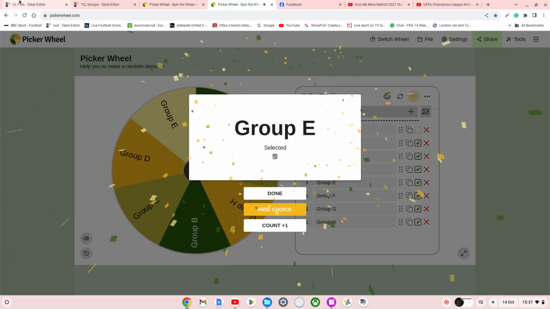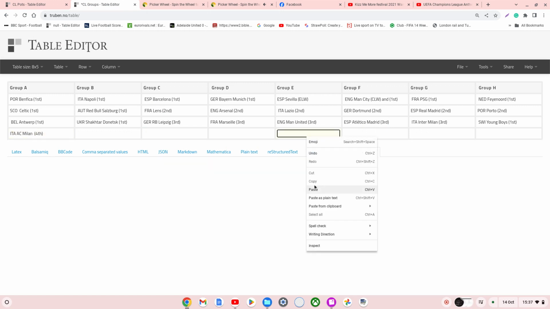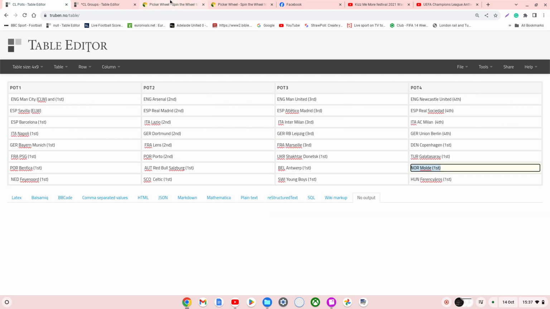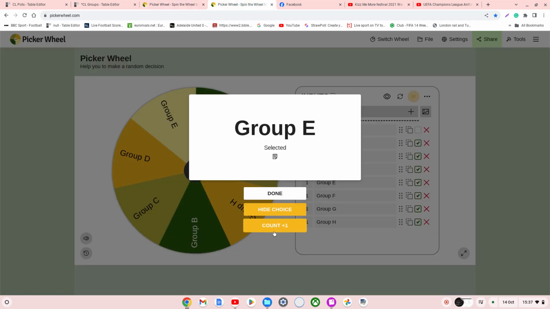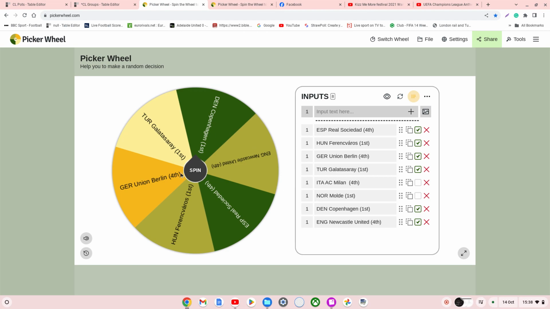And it's E. Group E, they'll be heading to Group E. And Molde, their opponents are Manchester United, Lazio, and Sevilla. Next,